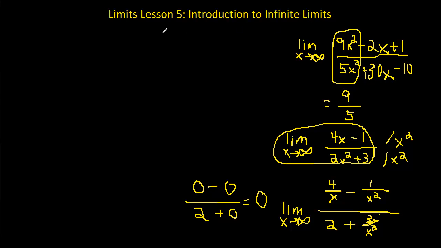Okay, so let's think. If the numerator has a larger degree, let's go with the cubed term this time. So 5x cubed minus 2x squared plus 3x minus 1 over